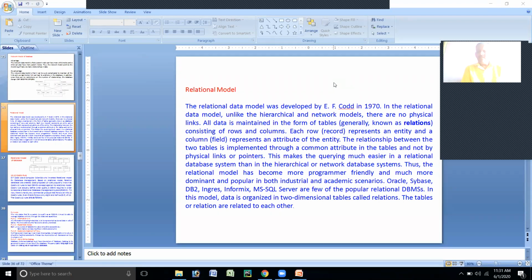Some of the relational database softwares, RDBMS softwares, now I'm saying, are Oracle, Sybase, DB2, Ingres, Informix, MS SQL Server. These are a few of the popular relational database management system softwares. At least you have to remember two here. In DBMS also I have given the same thing, except some. Some are common here. Oracle was there in DBMS as well as RDBMS. And MS SQL was there, but here it is Server because it is a network model, relational model. Right? And only MS SQL and MS SQL Server.